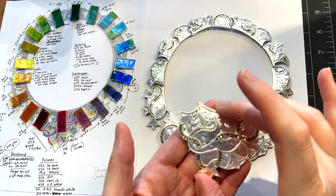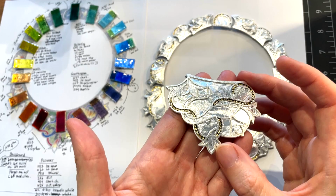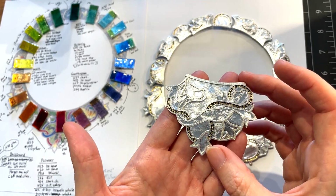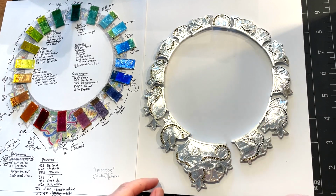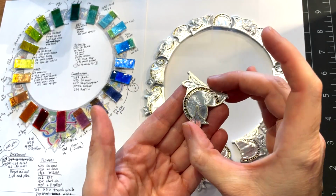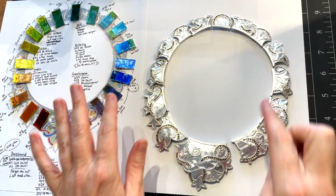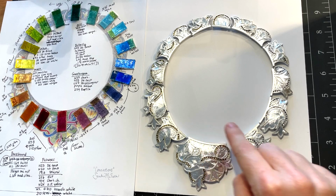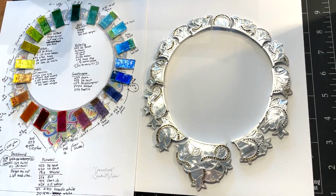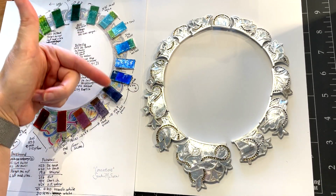I have gotten all of the textured silver foil on, and I have placed all of my dots in here. Look how sparkly they are. It looks really nice. I kind of like how it looks. I like the look of it. And you can see I've kind of started the 24 karat gold dots over here. And then right about here, we switch to the silver dots because that's where we're going to have these shades